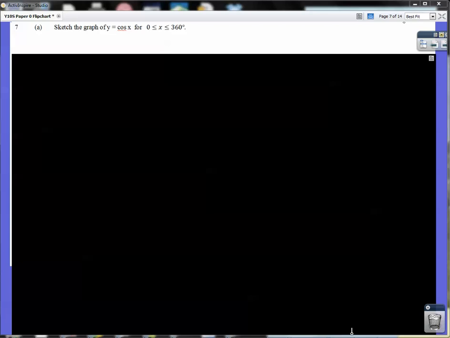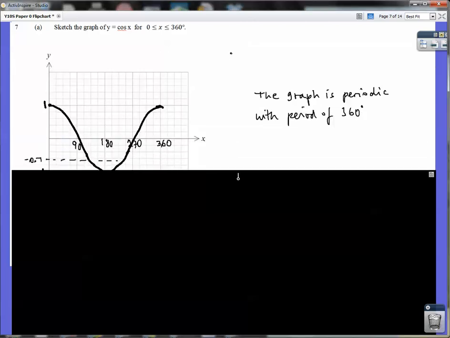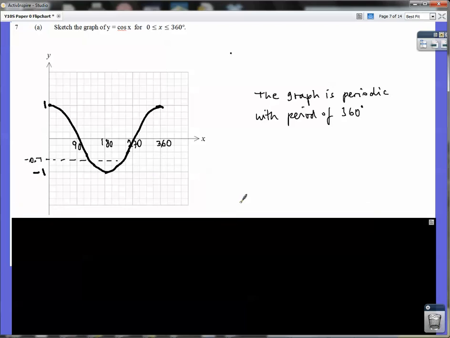Here you're being asked to sketch the graph of y equals cos x between 0 and 360 degrees. It's a fairly standard question. You need to know the shapes of the graphs of y equals cos x, sin x and tan x. So that's the result. I would go up in 90-degree steps, and the graph starts at 0, 1, is at